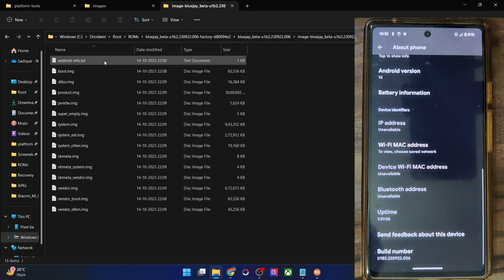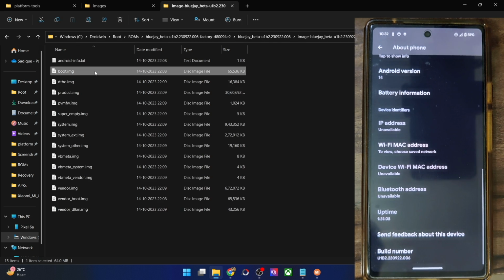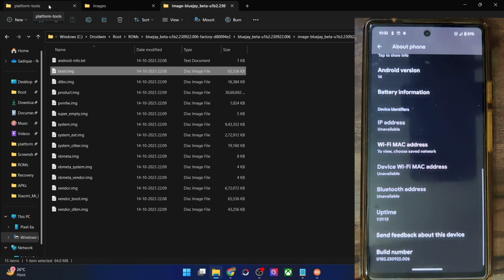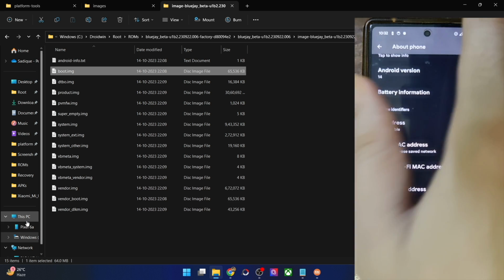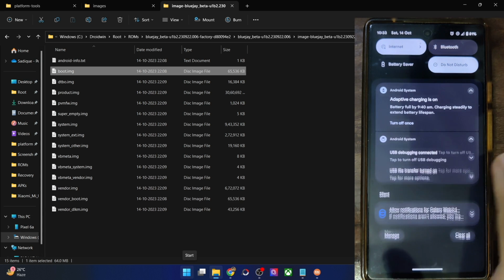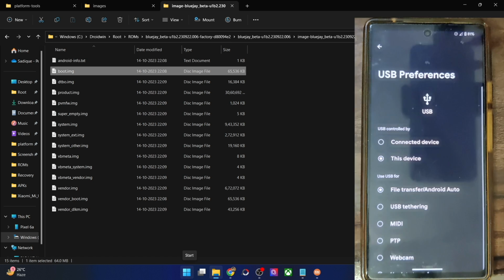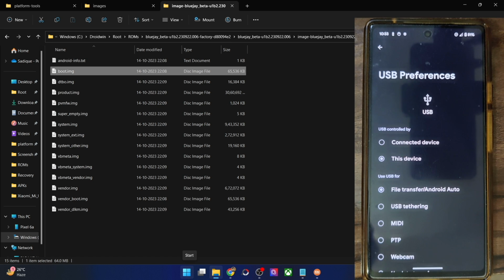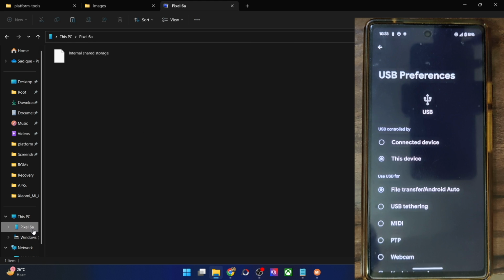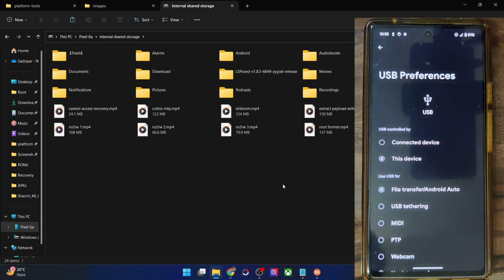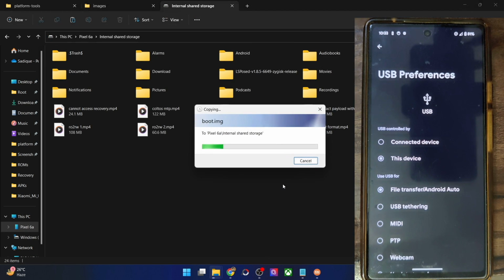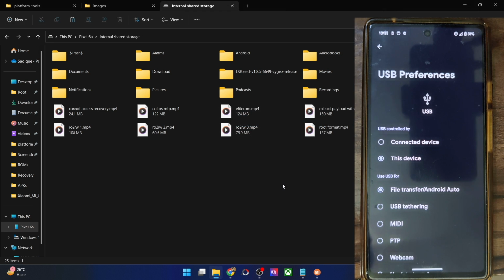So what you have to do is simply copy the boot or the init boot file from the stock firmware, and you will now have to transfer this file onto your phone. If your phone is not visible here, then simply expand the notification section and change the USB setting to file transfer, and your phone will now be visible here. Simply paste the file over here, and with this, we have got the stock boot IMG file, which we have extracted from the firmware currently installed on your phone.